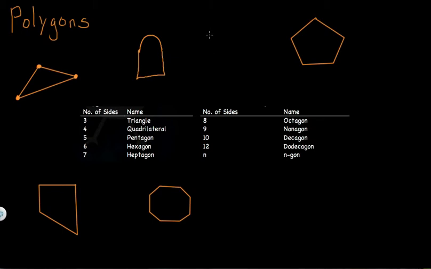So an example of a figure that is not a polygon is if we have something like this. Okay, this is not a polygon because if we look at, say, for example, this side here, this side meets another side here, but then it meets 3 other sides right here, 1, 2, 3. So this one side meets 4 other sides. So therefore, this is not a polygon. And because each side can only meet 2 other sides,